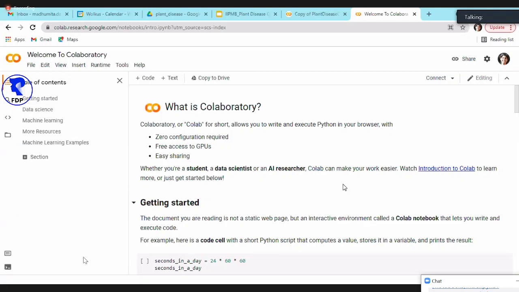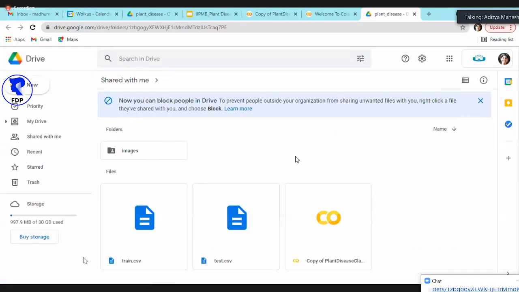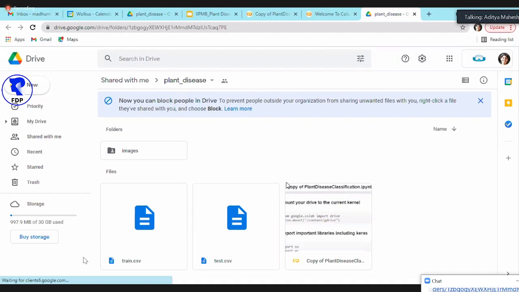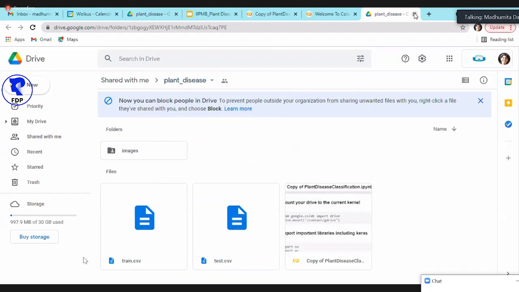The dataset drive? Yes. It's working in my case. I have already downloaded the datasets. Yeah, I think it's working. Just double check it. See if you are signed into Google or not, because I have set it as anyone who has the link could view this data, and right click and add the shortcut to your drive.